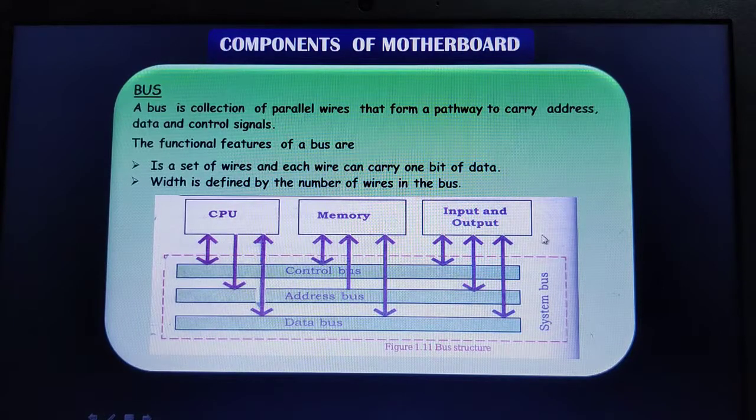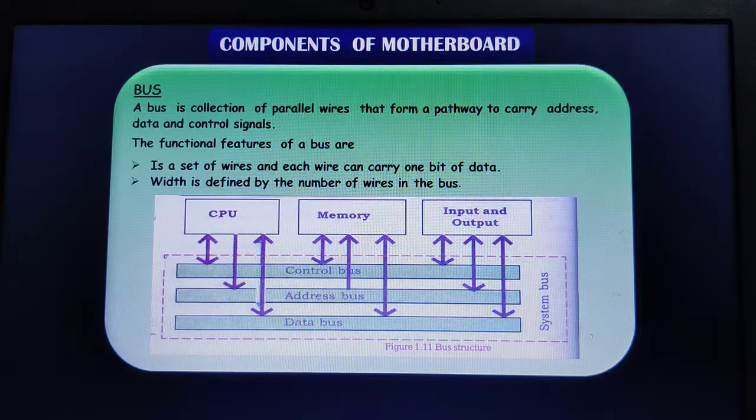Any data transfer between these three modules is the responsibility of the system bus, or internal bus. It links the different parts of the computer to the processor and the main memory. Its primary task is to send data and instructions from the various parts to the CPU and memory units. So this is the bus used by the higher components of the computer for data transfer, like the processor, memory and the input unit.